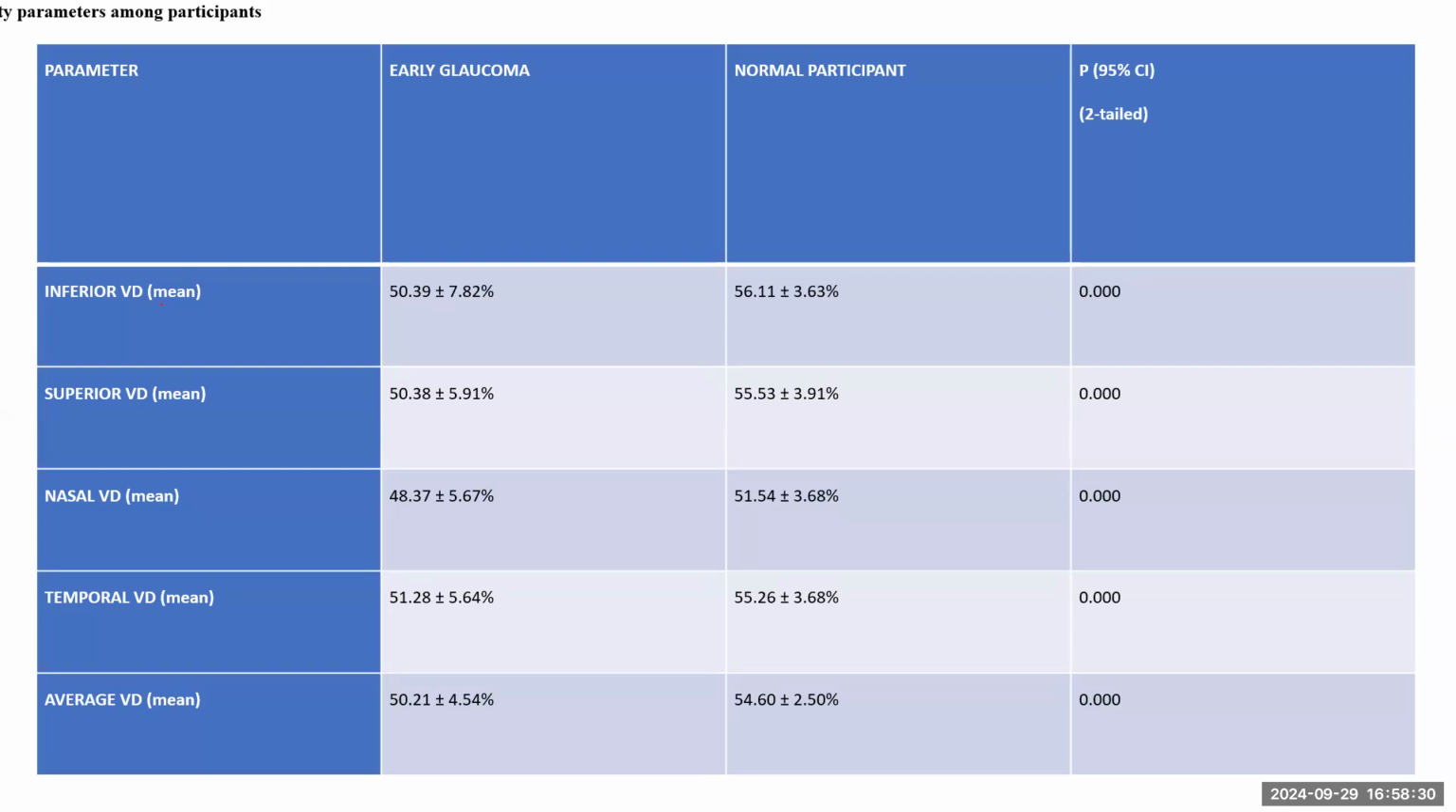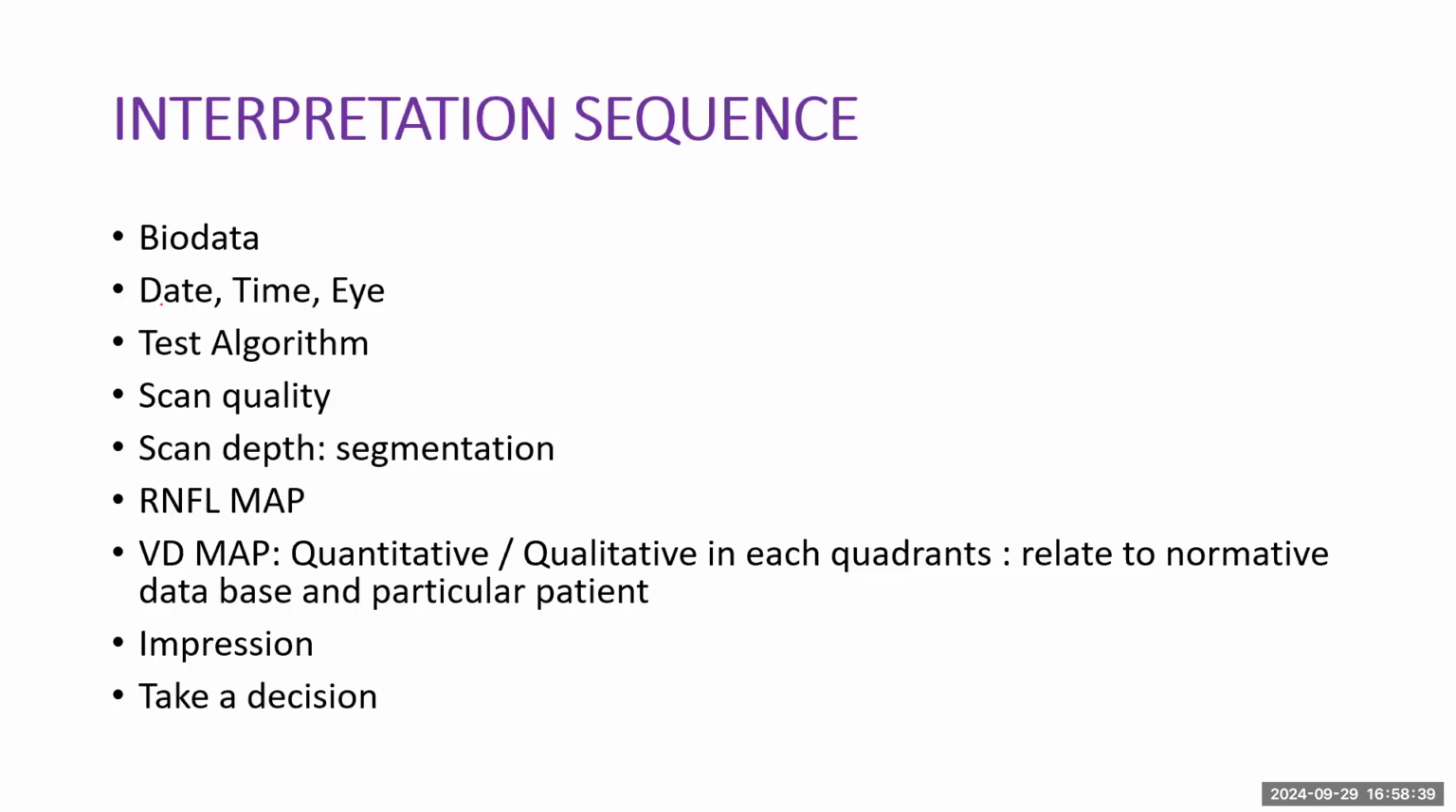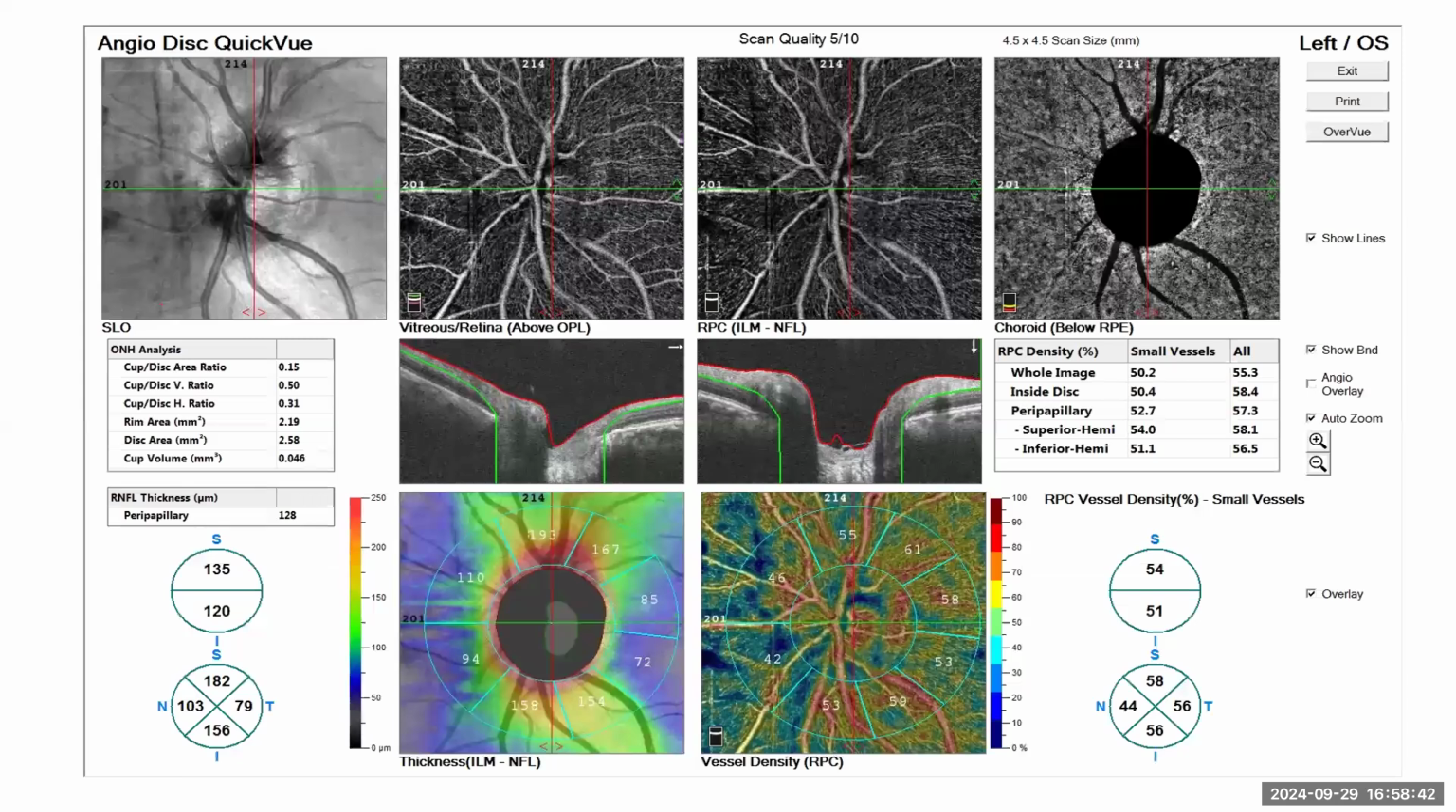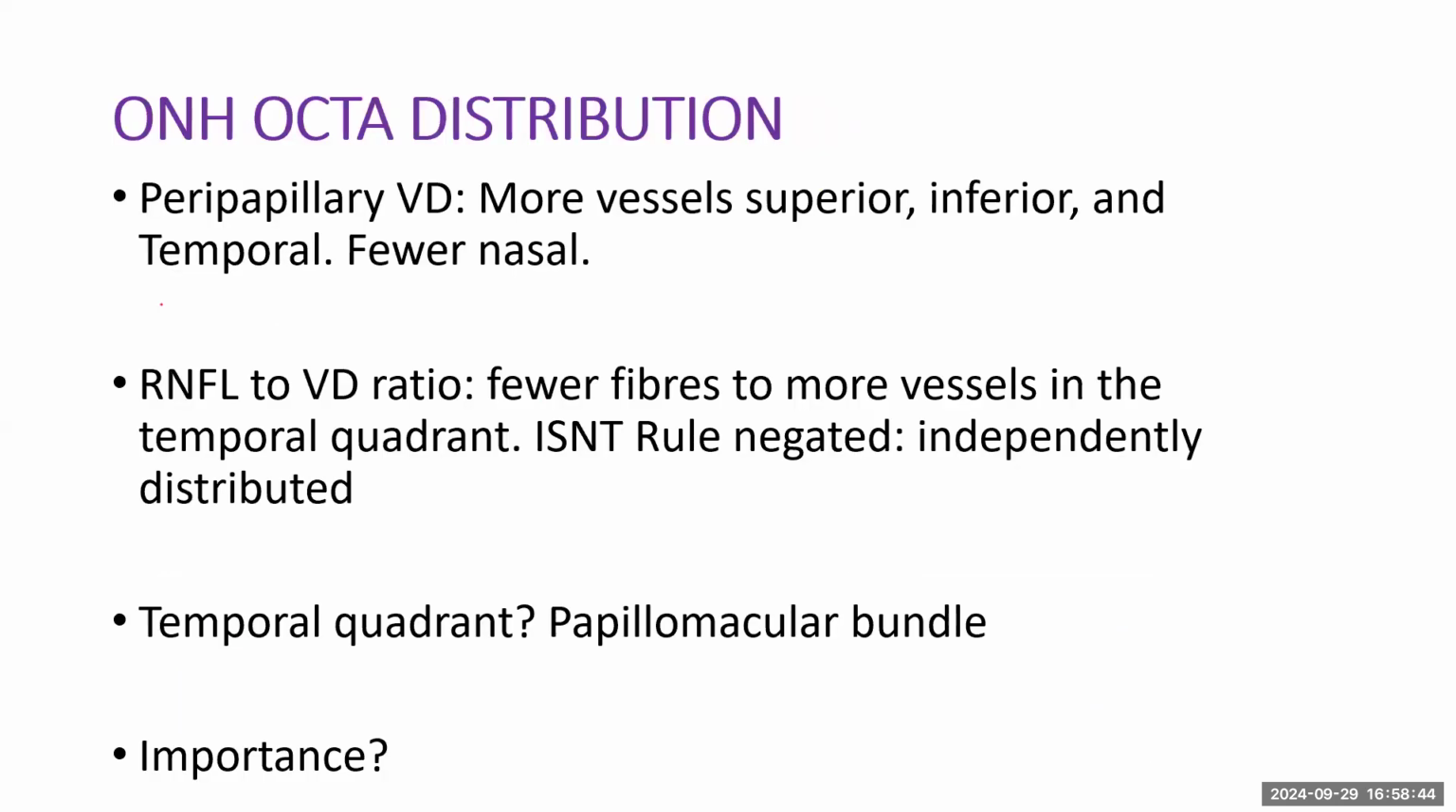You look at the nerve fiber thickness, you look at the vessel density, you make your judgment call, and I'll take us through that too. Okay. So some of our findings, just as a broad base, is that there were more vessels in the superior and inferior quadrants and the temporal quadrant too. And then when it came to the distribution, the temporal quadrant had more vessels compared to nerve fiber thickness,